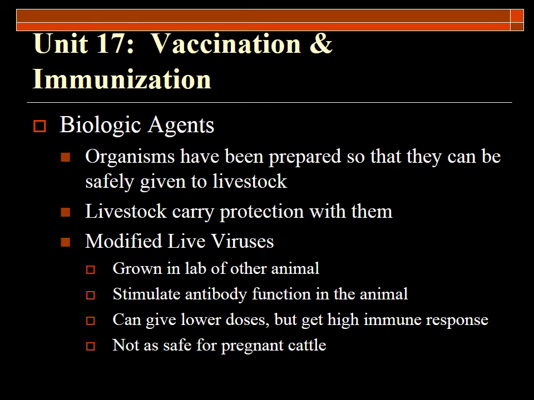Biologic agents, organisms that we prepare so that they can be safely given to livestock, and then those livestock carry that protection with them. I mentioned modified live viruses, or MLVs, earlier. Again, we grow them in the lab or another animal, and we'll stimulate antibody function that way. Generally given in pretty low doses, sometimes just a couple to maybe 5 cc's max, but you generally get a pretty high immune response. Again, do not give these to pregnant cattle. There's a good chance that they will abort, and if they don't abort, you got